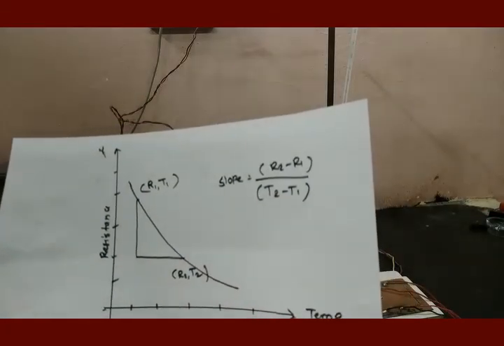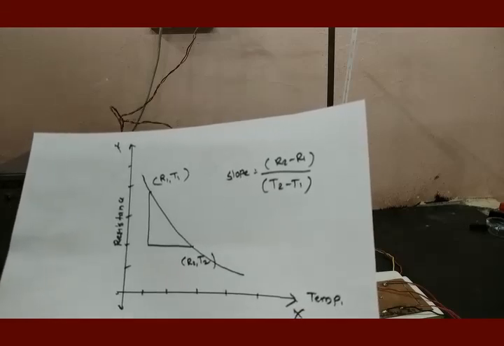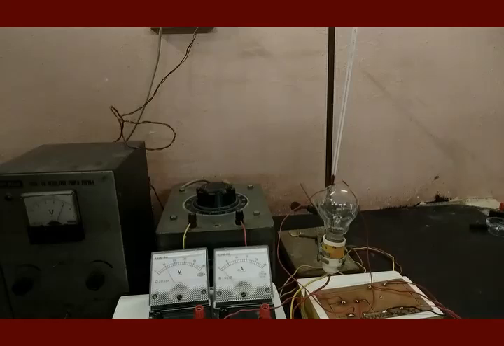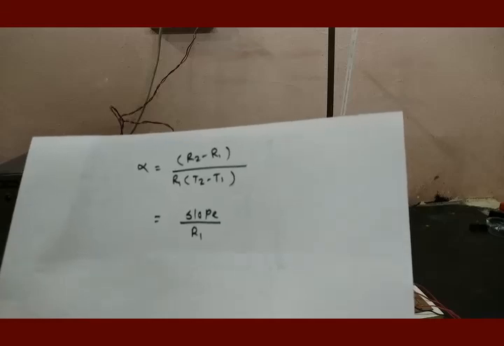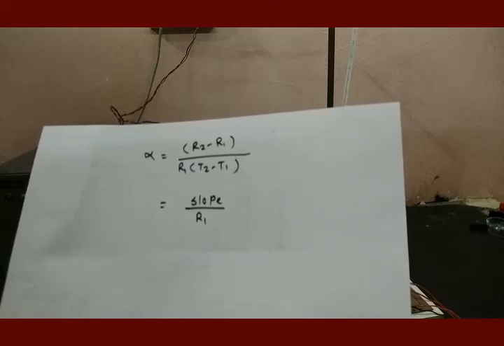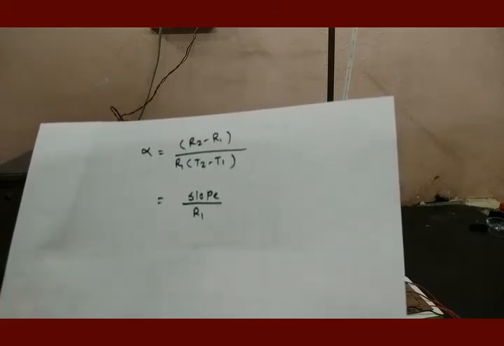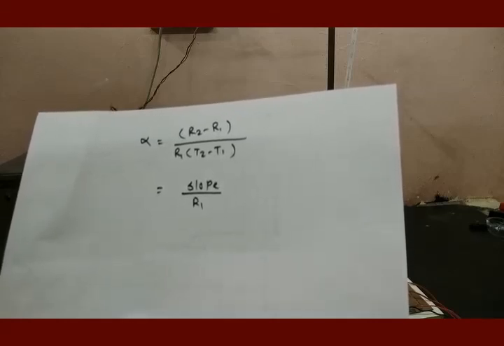You have to do the same thing for the second observation table. You will get the same type of graph for the second observation table and you have to find the slope of this, then take the average of these two slopes. After that, use the formula alpha is equal to slope divided by R1. Alpha, the temperature coefficient of resistance of the given thermistor, is equal to slope divided by R1, which will give us